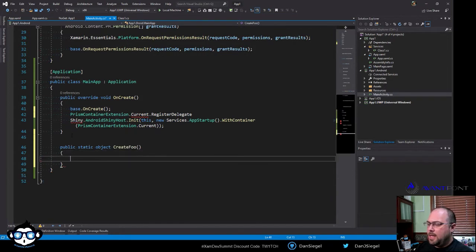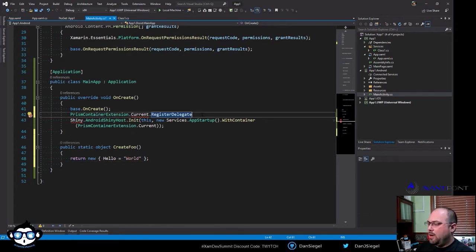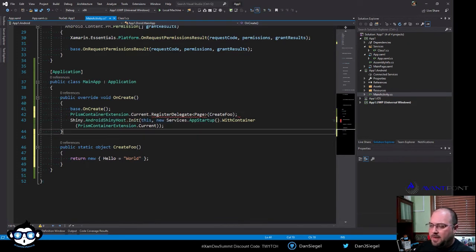Okay, and so now I might do something like return "Hello, World". So I could say here I want to register for a page, which would be really weird. I want to use CreateFoo, and so now I can pass this method in